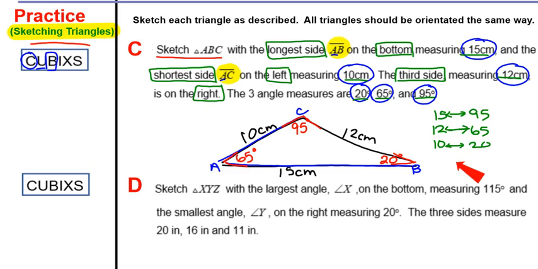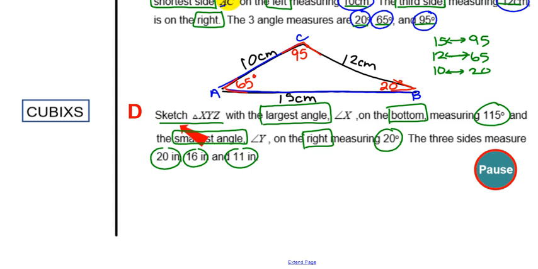What I would like you to do is pause your video, try question D, and then we can work together to get that one all finished. All right, question D. I have already gone through and filled out my circled, underlined, boxed. Let's go through and read the question. It asks us to